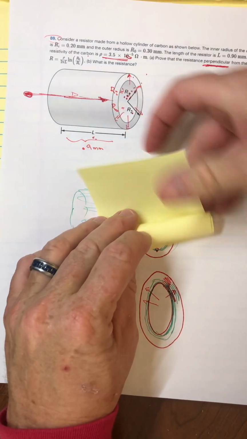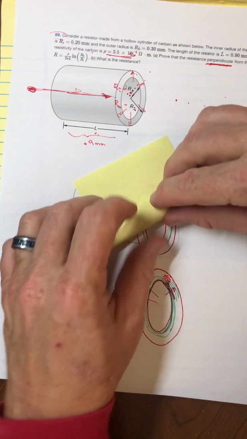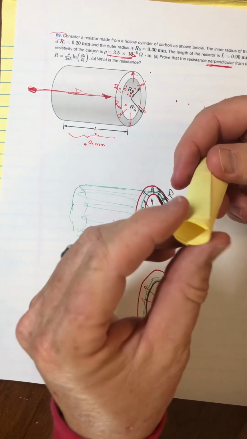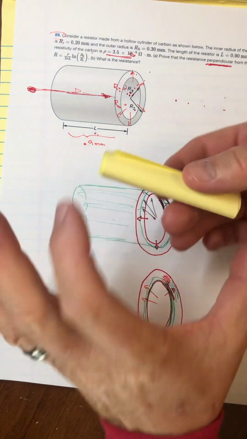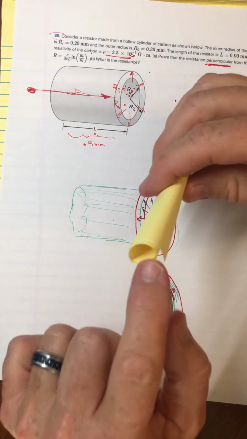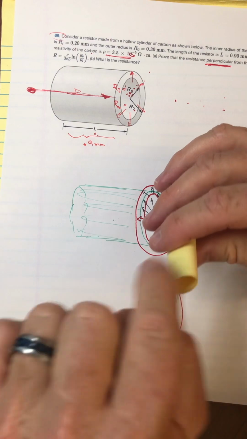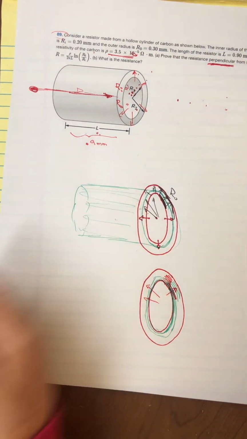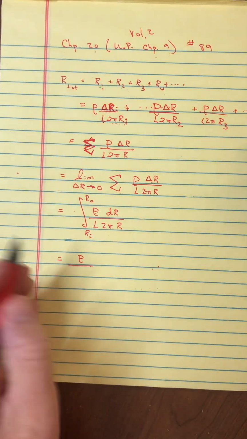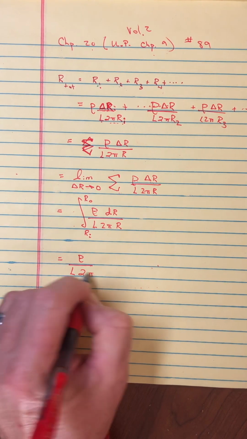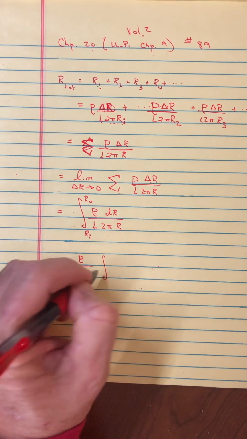And then I would add up a third one here. But as I add these all up, they all have this same length, L. Yes, they have different radii. Each one's a little bit bigger when it's around it, but they all have the same length, L, here. And so I'm going to use that to say L is also a constant. And then clearly 2 pi